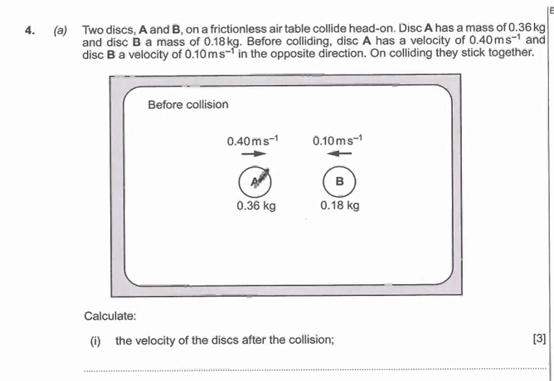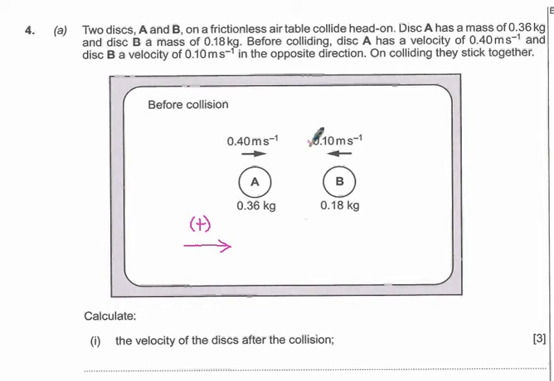We've got disk A travelling at 0.4 meters a second. The mass here is 0.36. Disk B is 0.18 kilograms, travelling in the opposite direction at 0.1 meters per second. Because we've got two directions here, remember that momentum is a vector, so the direction is important. So what we'll do is define this direction as being positive. In other words, when we put this value into an equation, we'll have to put a minus on